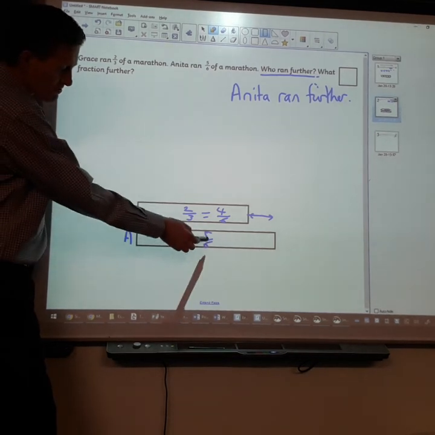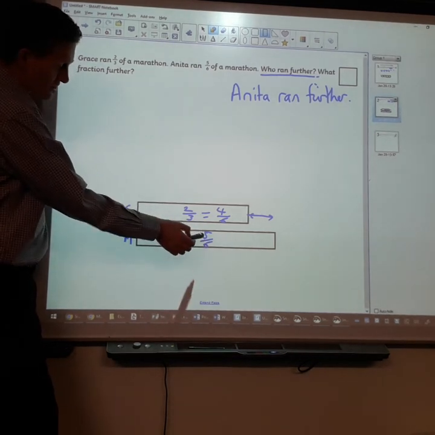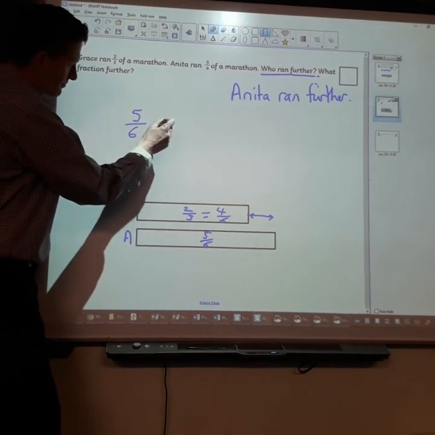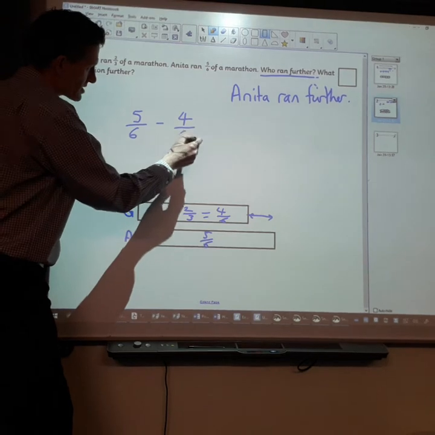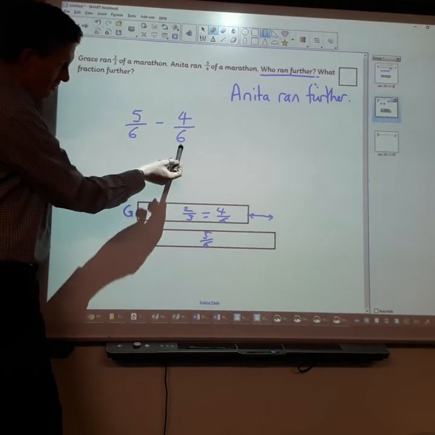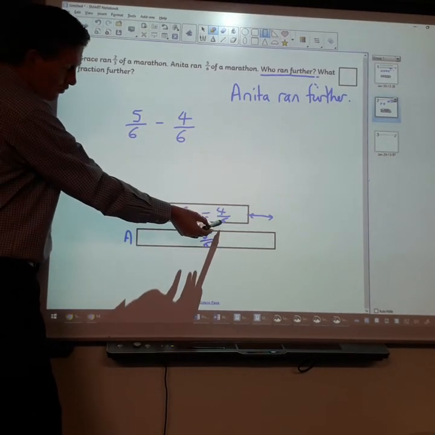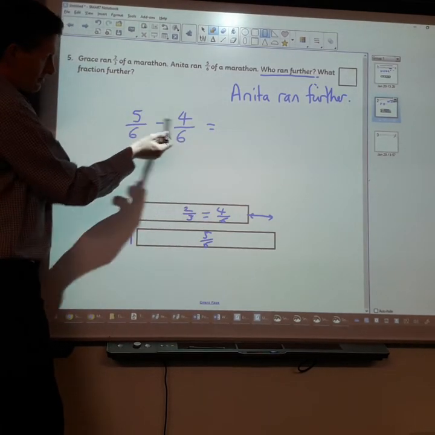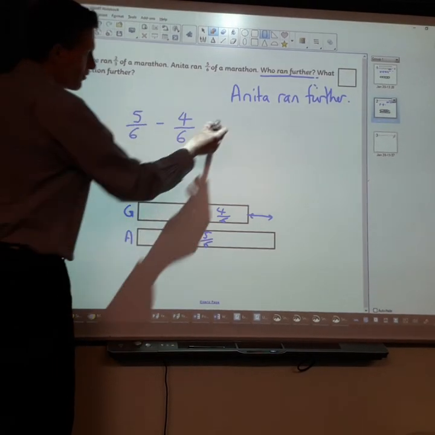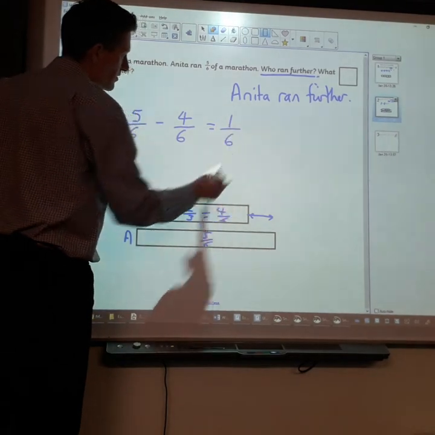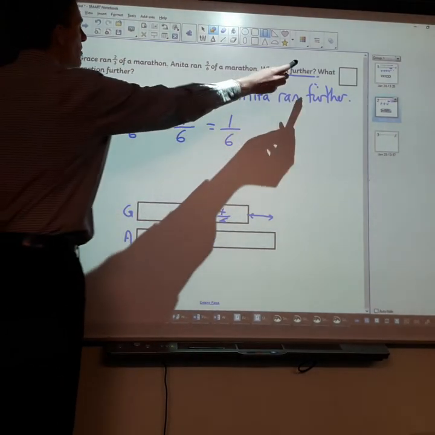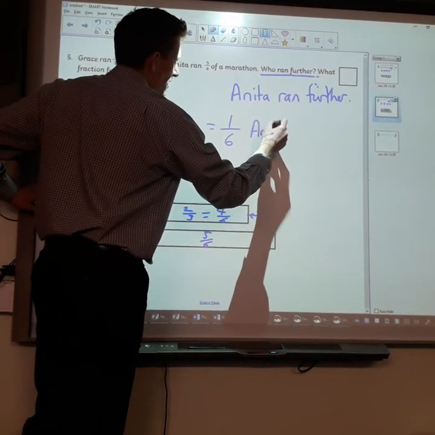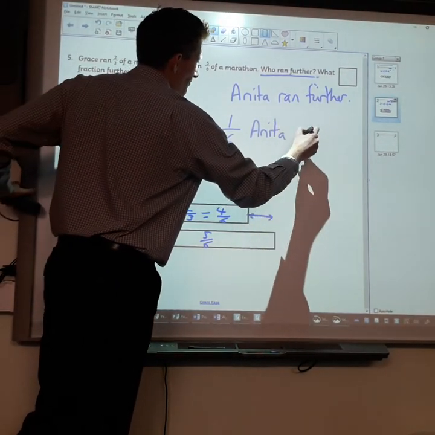So, because we need to put the bigger number at the start of the fraction, it's going to be 5/6, take away 4/6. I could have written 2/3, but I've already converted it into 4/6, so I can simply see that the difference there, 5 take away 4 is 1, so the difference is 1/6. So what fraction further? I could write Anita ran